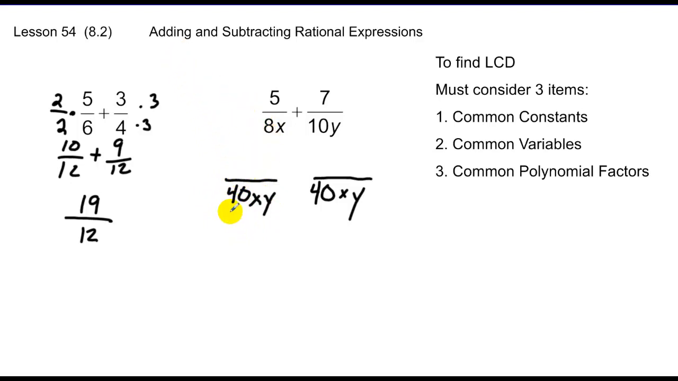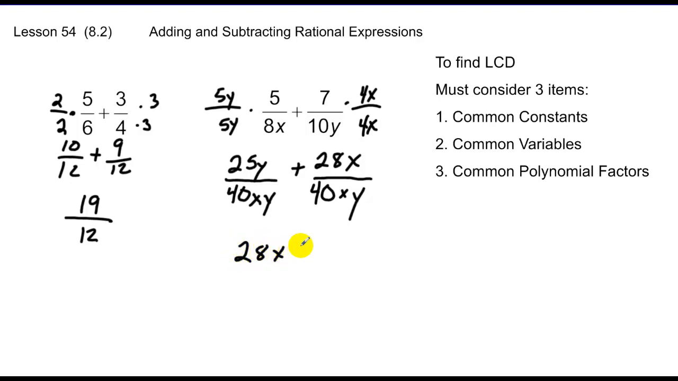So in this case I'm multiplying by 5 and then a y because I'm missing a y as well. So I multiply by that form of 1 to both the numerator and denominator, giving me 25y. And then in this case I'm missing a 4 and a multiple of x, so I multiply by that, giving me 28x, and we add these up. Typically they'll put them in alphabetical order, so that's 28x plus 25y, and at this point